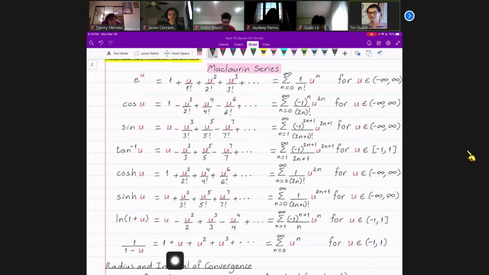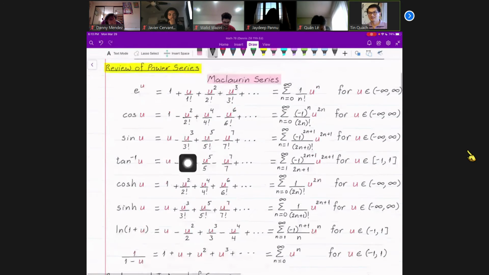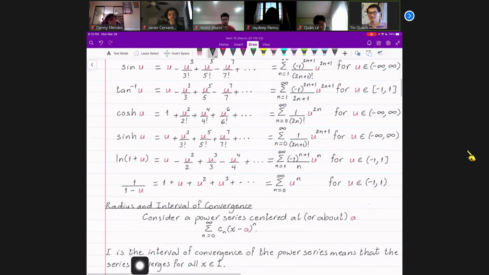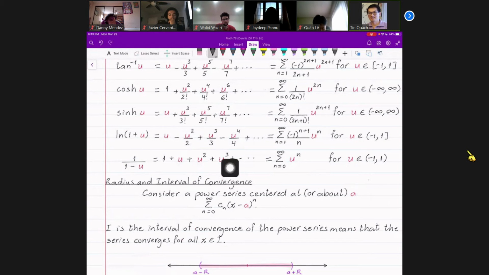Okay, so if you want to, you can use that relationship too. But this one right here, the way we obtain this power series is by using long division. Divide 1 by 1 minus u, and you have this. Okay, and then you can just write it in closed form. Now, writing from expanded form in closed form is not easy. Okay, so these power series are easy, but in general, it is not easy to go from expanded form to closed form, and sometimes it is impossible. So it depends on what kind of power series you have.